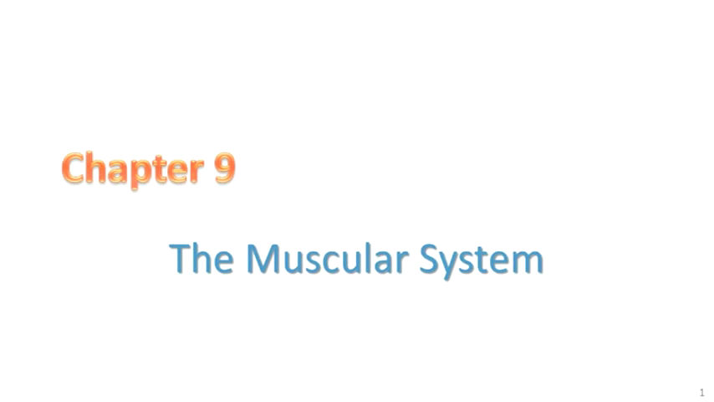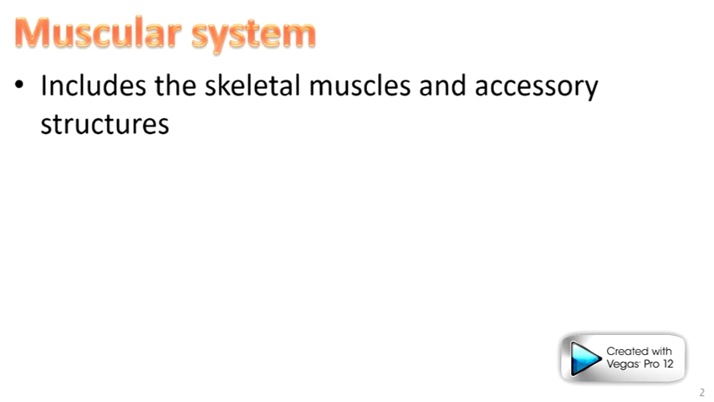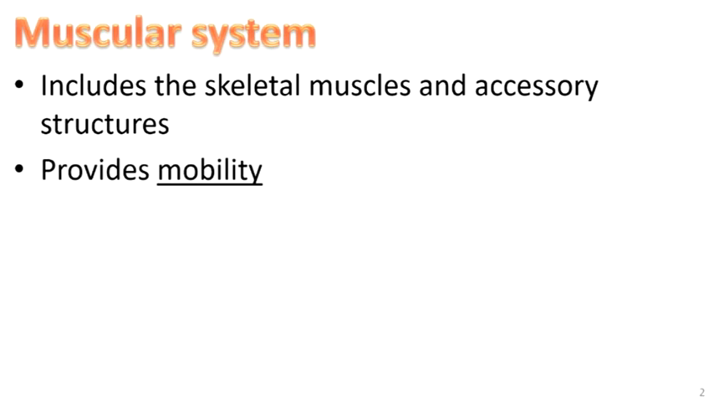Okay, so we're going to talk about the muscular system. The muscular system includes the skeletal muscles and accessory structures, and we'll talk about what all of those things are. Some of the things that it does: it provides mobility, and mobility is being able to move through your